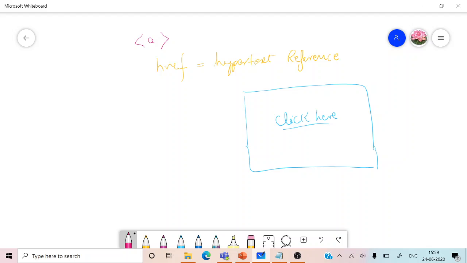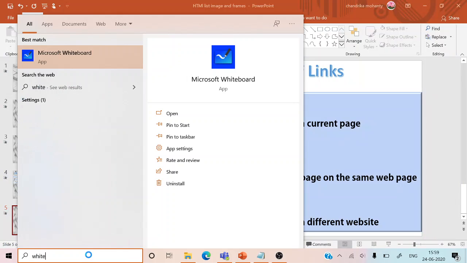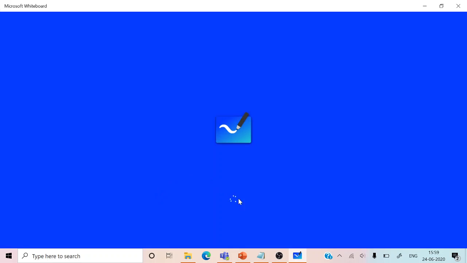So here we will write the anchor tag, like a, then href.